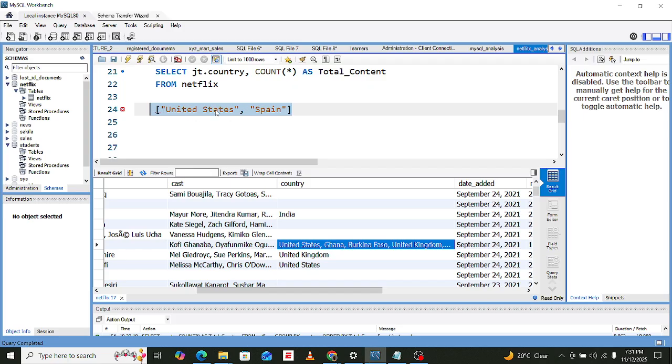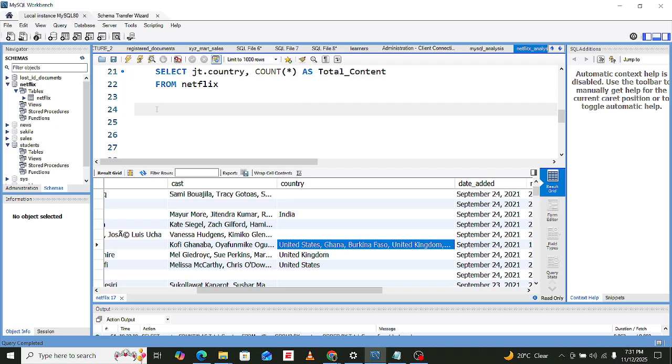When we come to this movie, it will be counted for United States, Burkina Faso, United Kingdom, and I can see Ghana and Ethiopia, so that we cannot miss the other countries during the count. I don't know if we are making sense. So this is what we are going to create.